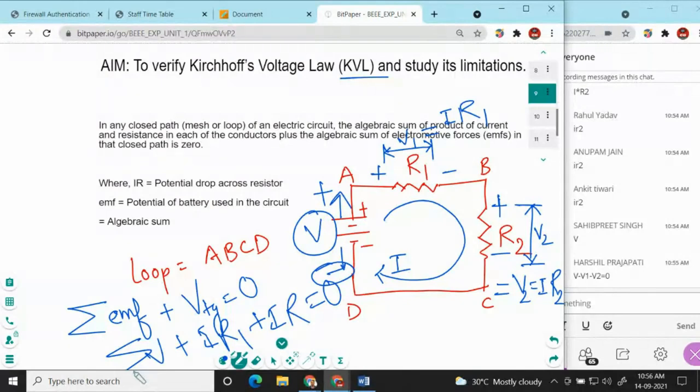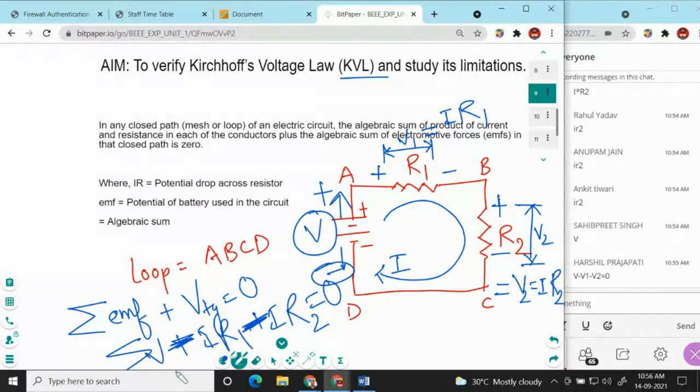So when you pass this current across this particular circuit, this is to be considered as a negative voltage. So this voltage should be minus I1 into R2, and the voltage across this R2 resistor is minus I into R2. Clear everyone? V minus I into R1